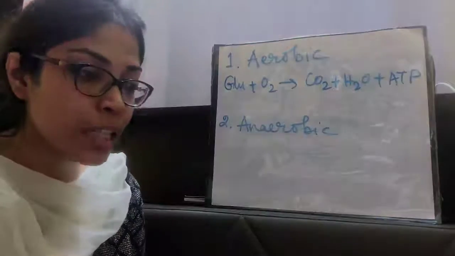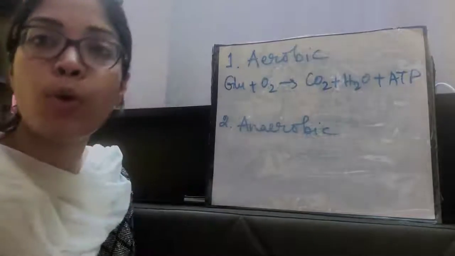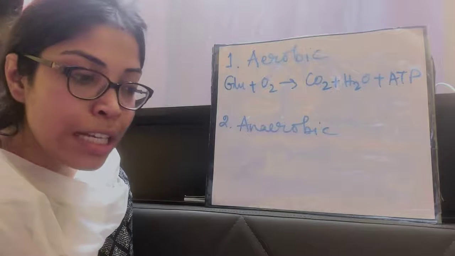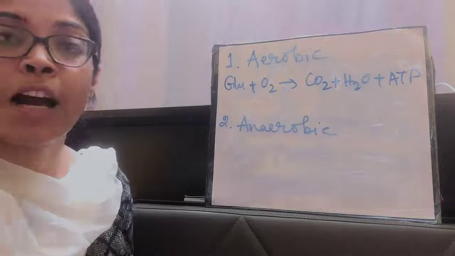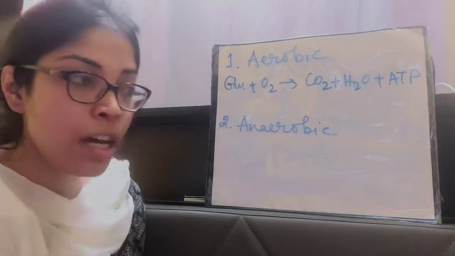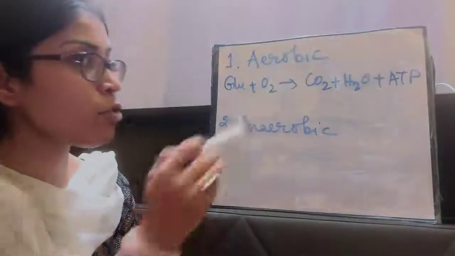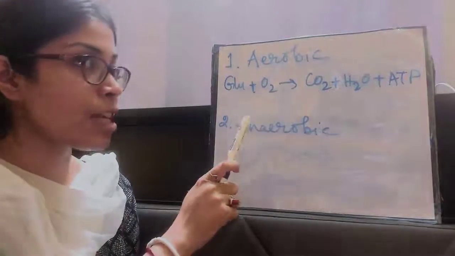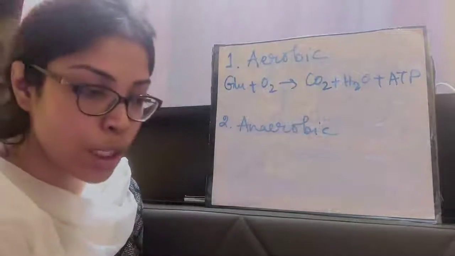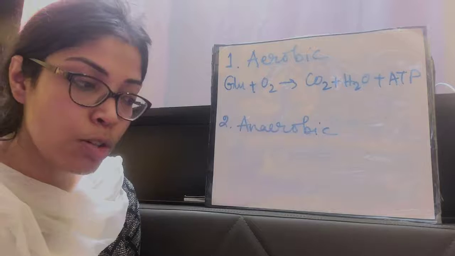What does the word completely oxidized mean? It means this glucose in presence of oxygen is completely broken down. And where does it take place? It takes place mostly in higher animals and plants, which means the higher categories of animals and plants are where this aerobic respiration takes place. You will have to learn this equation, and this equation is for aerobic respiration. In aerobic respiration, 38 molecules of ATP are released from oxidation of one glucose molecule. So this information is also known to you.